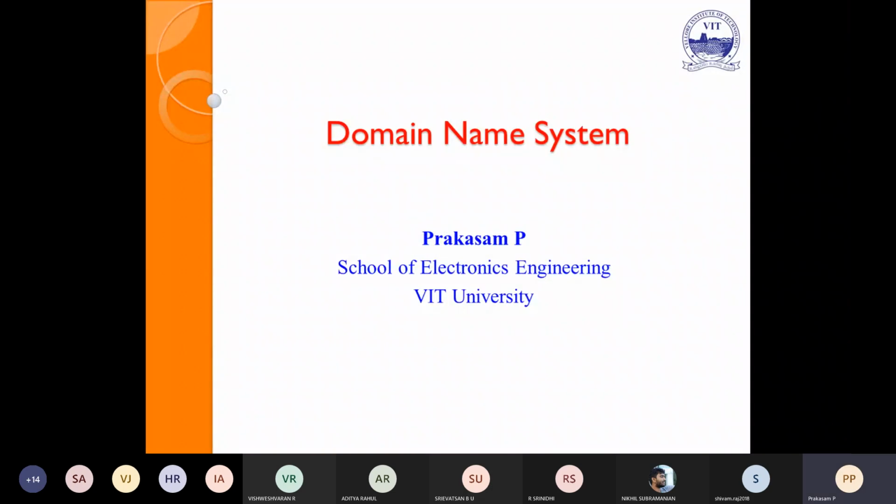So this is the domain name system. The name itself indicates how we are going to assign a domain, and what the different types of domain access are. All these things we will see in this topic.